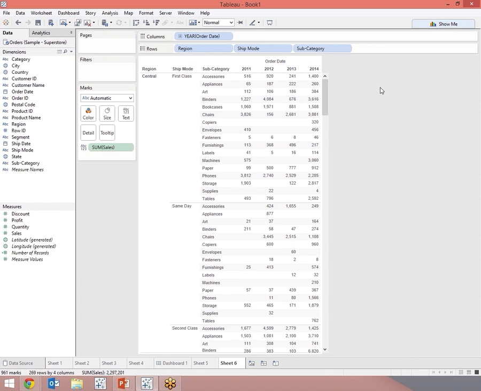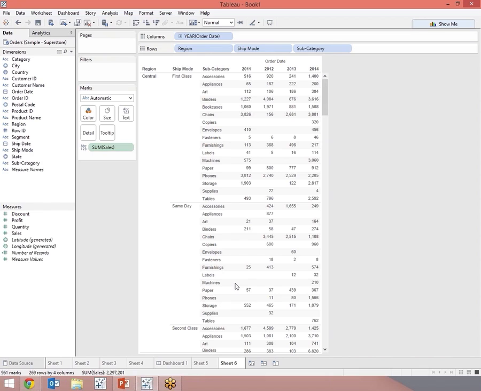Now, we've got different approaches to this. First of all, we have to think about, is this even very useful? We're using Tableau as a data visualization tool. So is it even necessary to show these underlying numbers? That would be our first consideration. Could we make this some sort of visual interpretation of the data? If the answer is no, if we need to show all of these individual numbers, then maybe we could filter